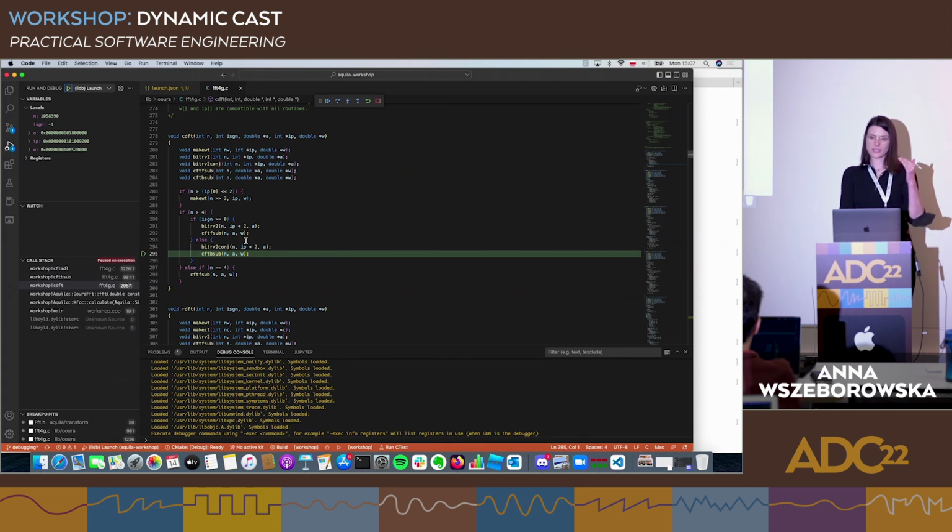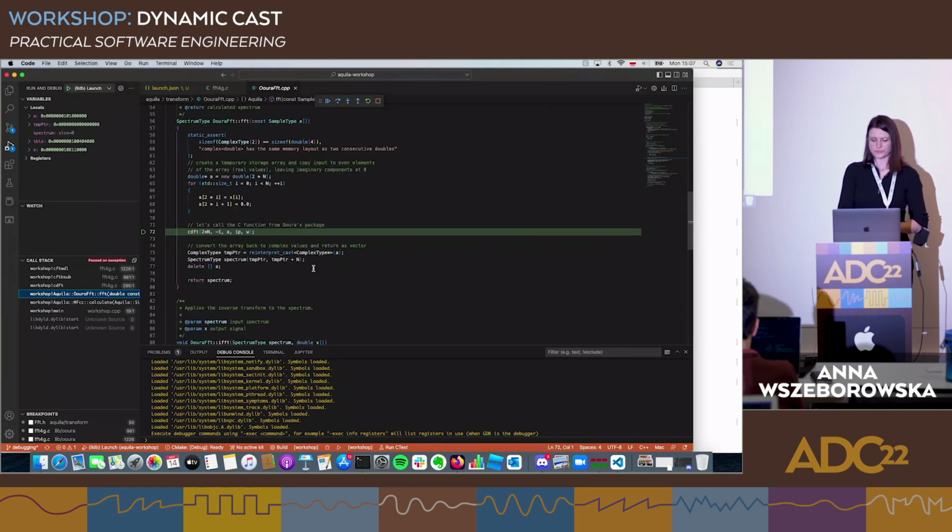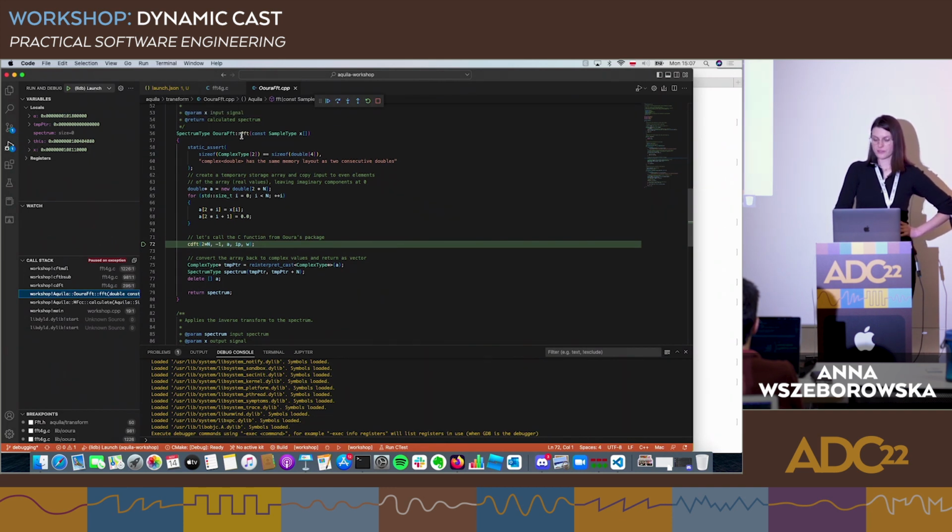All right, let's see how we ended up calling into this library. Well, we go down the call stack, and we see that we're already in the Aquila namespace, which means we're back in our project that we are trying to contribute to. This project had this FFT function that does some setup, and then it says, let's call the C function from Ura's package. Okay, this is where you call into the third-party library. Cool. But how did we end up in this FFT function? Well, we called it from